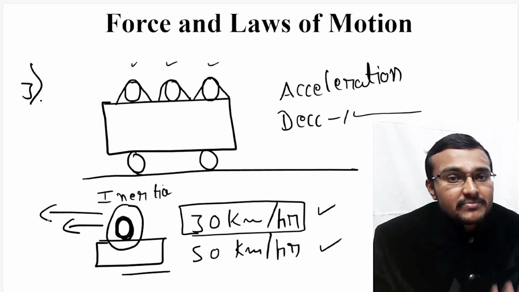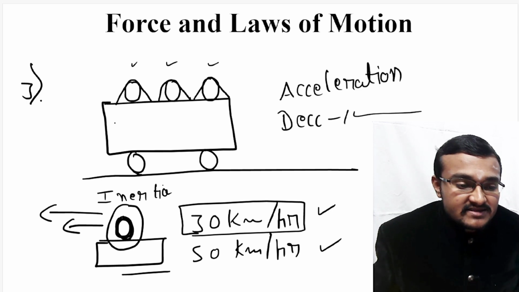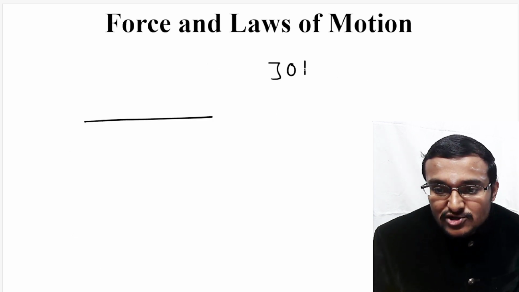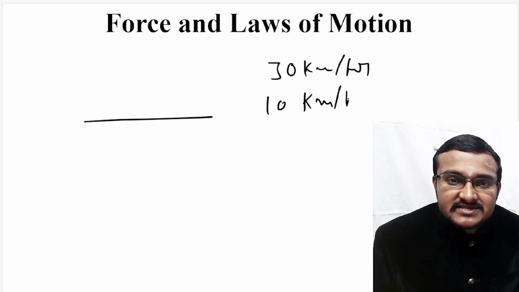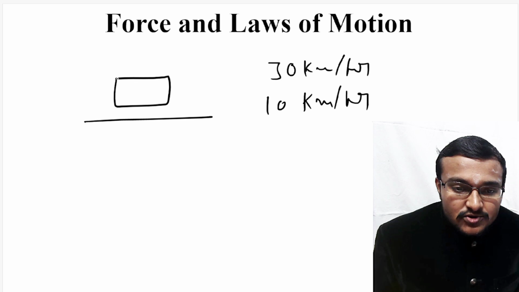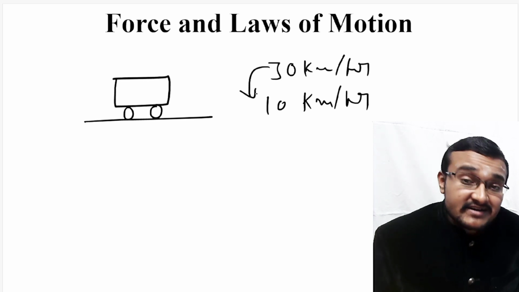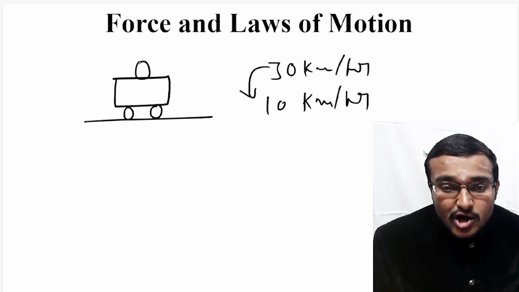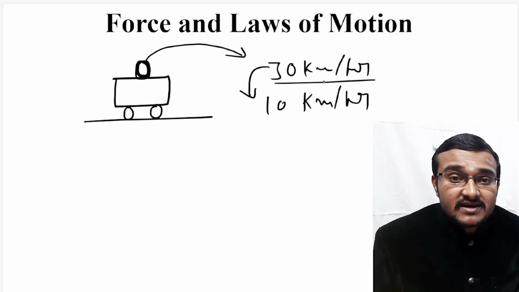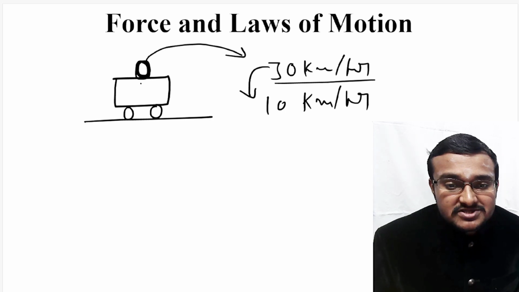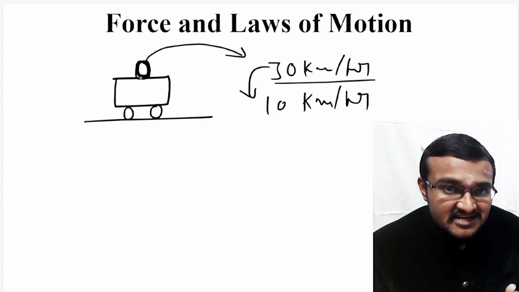And if a particular person applies brake, in the second case, if this particular driver applies brake, then suddenly this 30 km per hour speed will be reduced to 10 km per hour. So let us assume, if a particular bus, in this bus, if the driver applies brake, then 30 kilometer per hour speed reduces to 10 kilometer per hour, but the object which was lying on this particular bus will still be having motion which has 30 kilometer per hour speed, because the change in state of motion is resisted by this particular